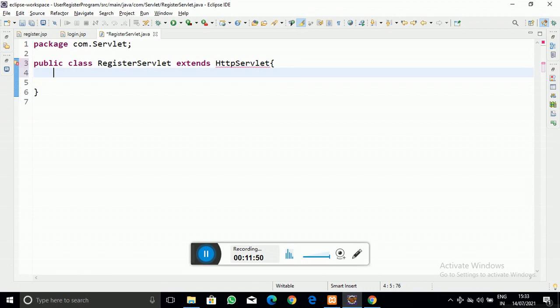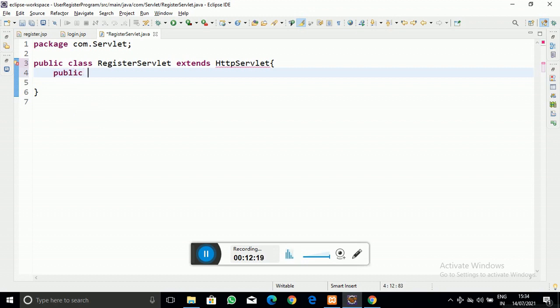There are two methods for accepting the data from the HTML form to the servlet. The first is the get method, and the second is the post method. In this case we are going to use the post method. To get the data by the post method, we require the doPost method. So I am going to quickly write that method.